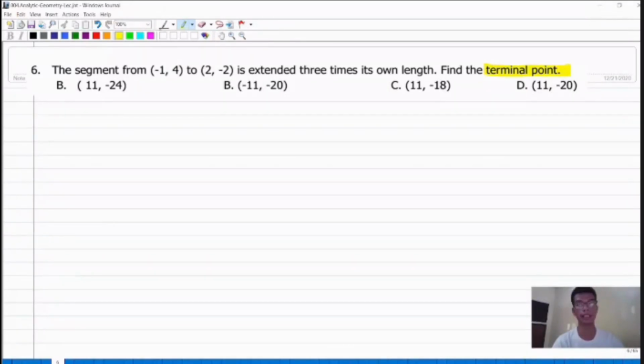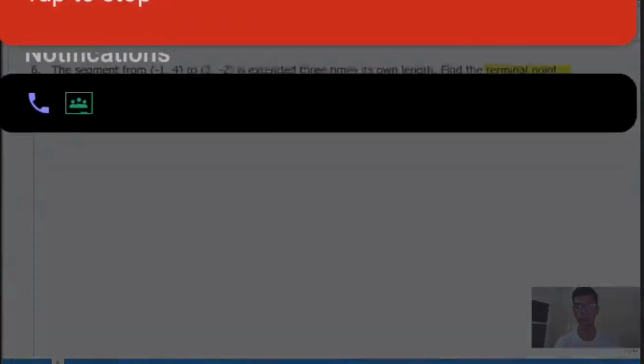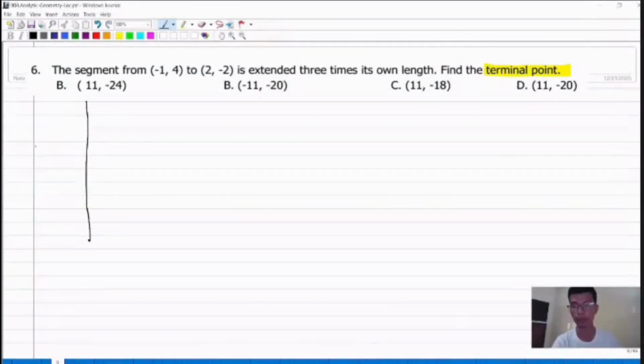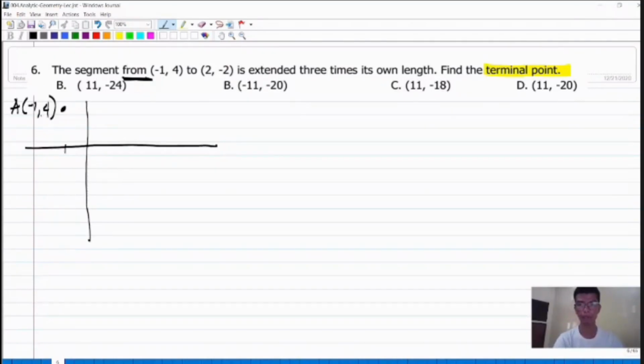So, meaning, isa dito, si point A, and isa naman dito is the point of division points. The first point, sabihin na lang natin na ganito. This is the y-axis, and this is the x-axis. The point A, the segment from the point A is negative x and then positive 4 ang y. Ito yon, negative 1 and positive 4. And then the second point, positive 2 ang x, negative 2 ang y. So ito naman,